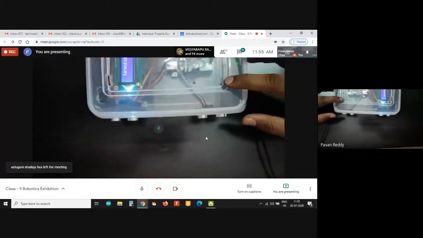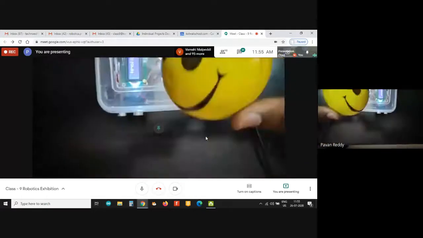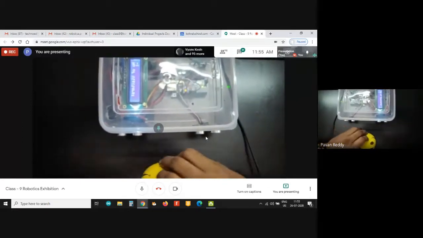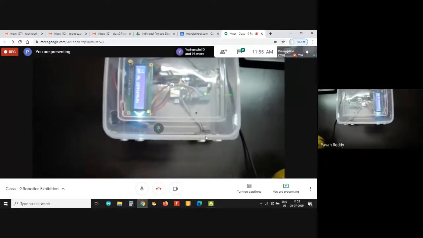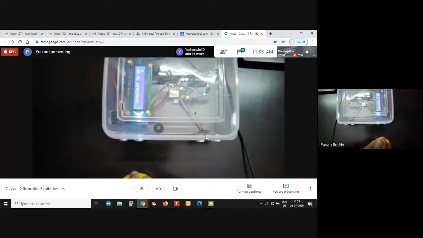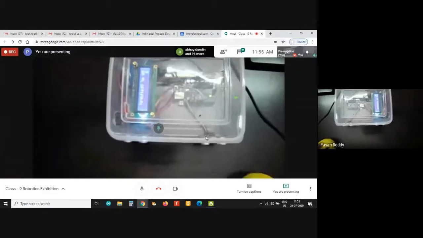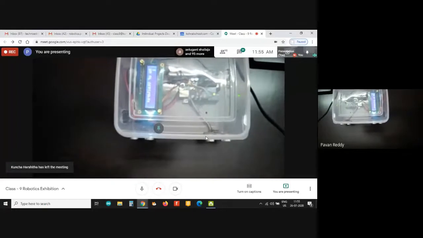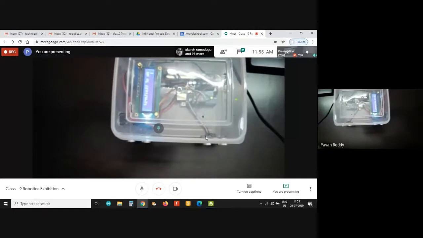Okay, so at the moment the count is 0, and let us say this guy is a person and he will be entering the mall. So basically he comes here at the entrance and goes inside the mall. We'll start from 0. As the person enters, as you could see, the number of visitors inside the mall is 1,